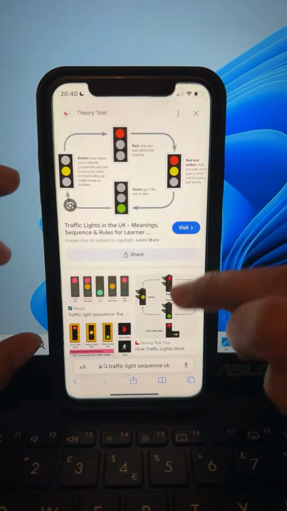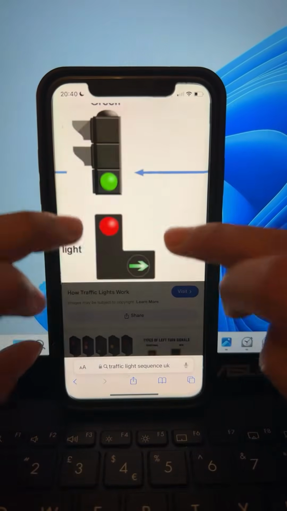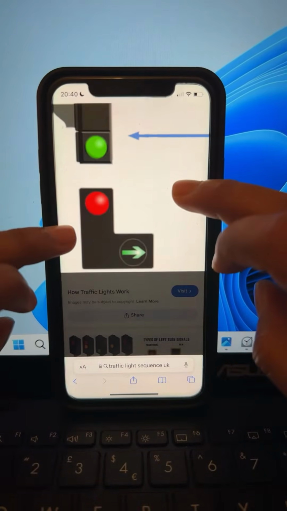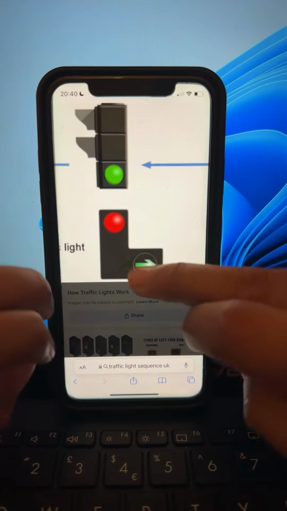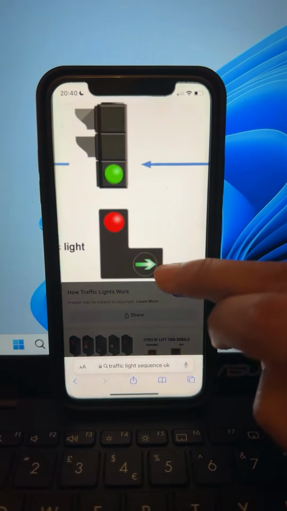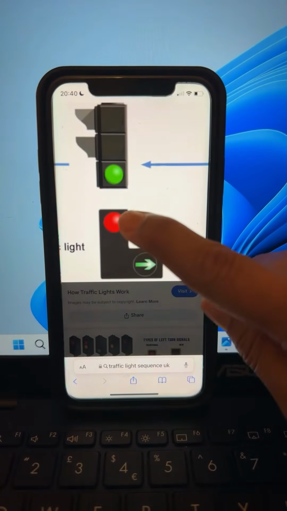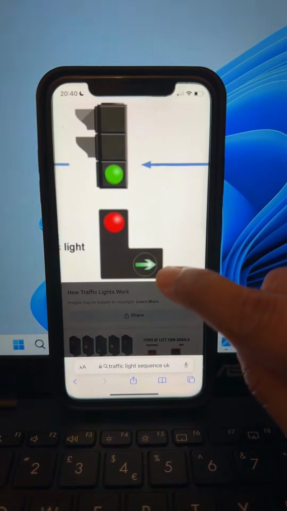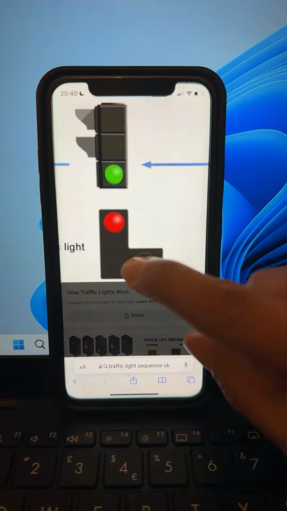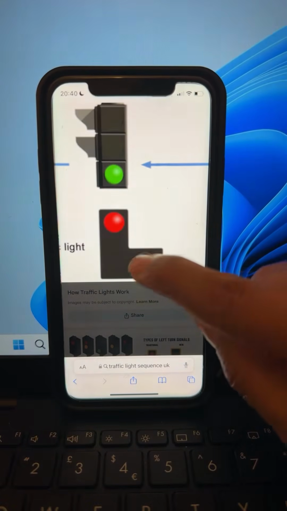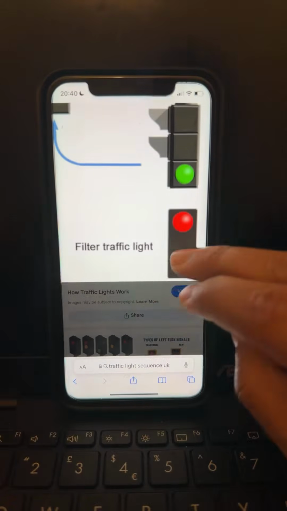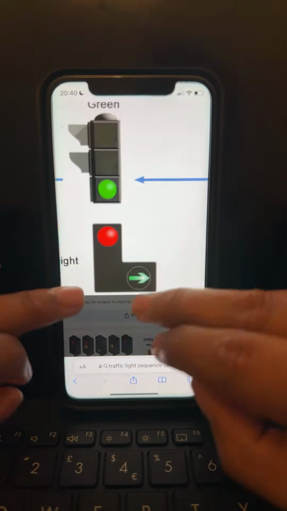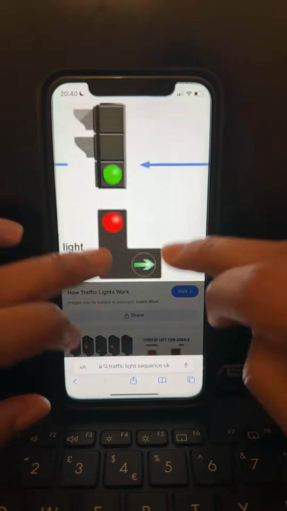Okay? We got something called traffic light filter. Did you ever see these green arrows? Okay, so this is what we call a filter. It's filtering traffic, turn your left or turn your right. In this case, if you turn your right, you can go. Even though you have red in there, red is controlling other traffic. But if you turn your right, you can go. Okay, you should go. If you are turning your right, you should be going. Okay, you will see this traffic light filter when we have too many lanes. So they call it filter traffic light. It could be left or right. You just keep an eye on your arrow. Okay,